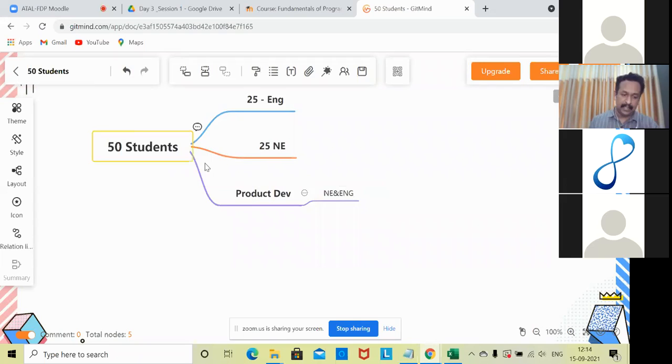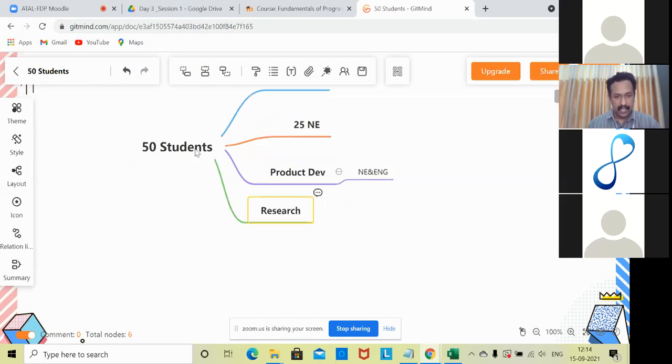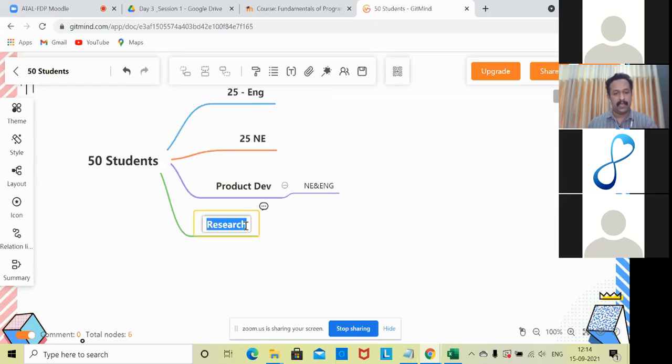In another case, we have a training on research, research methodologies. In that case, we need some people from the total strength. We have 30 students who need to attend the research methodology course. It can be a blend of engineering and non-engineering.